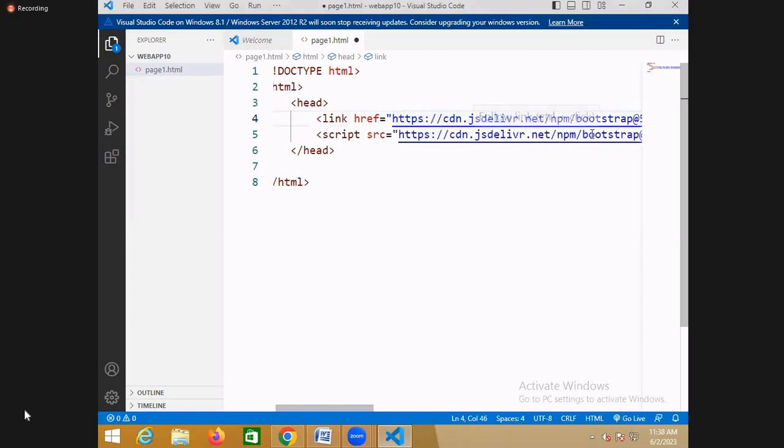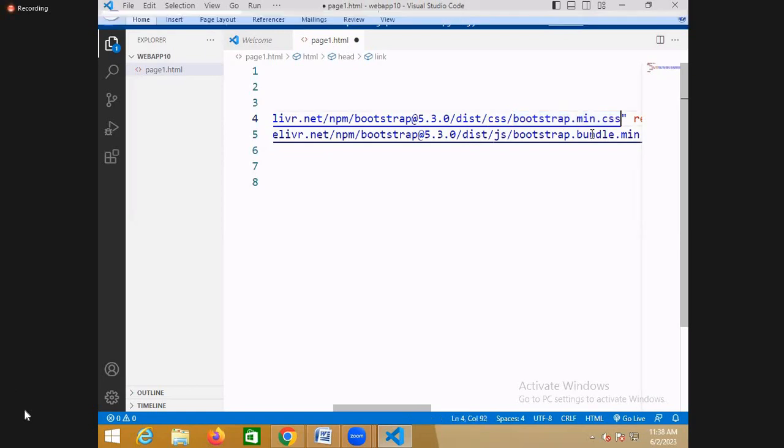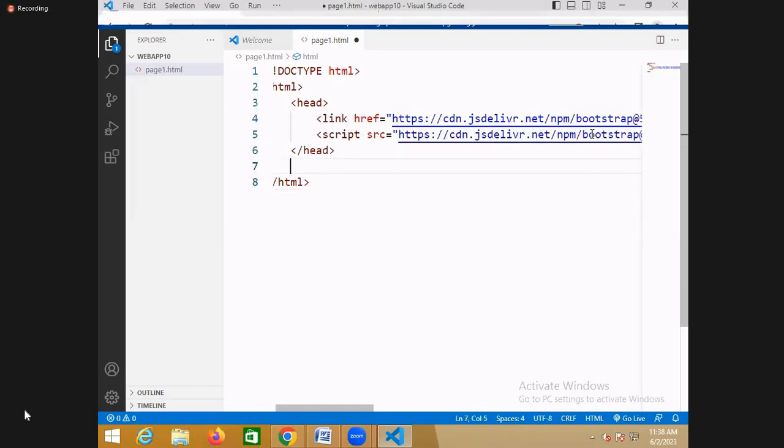You just use this jsdelivr.net npm, then Bootstrap, and this is the name of the CSS file. If you want to customize the styles, you can download this file, open it and modify it. You can make changes in bootstrap.min.css. So there is a header, and then after this,